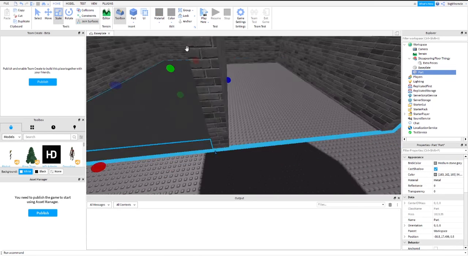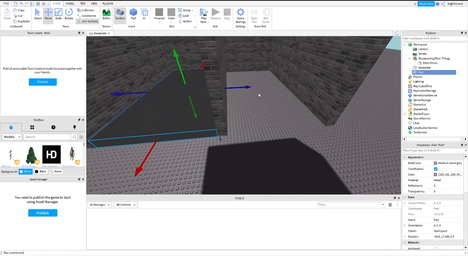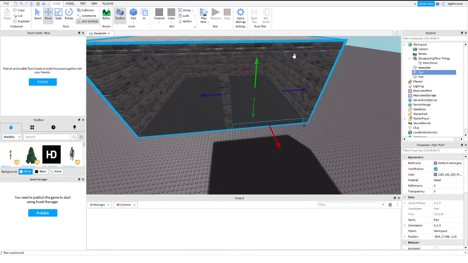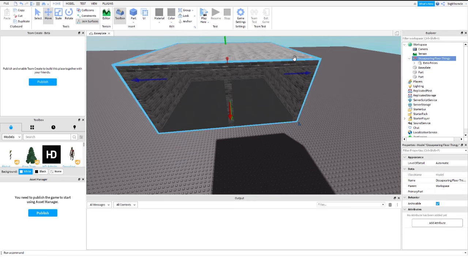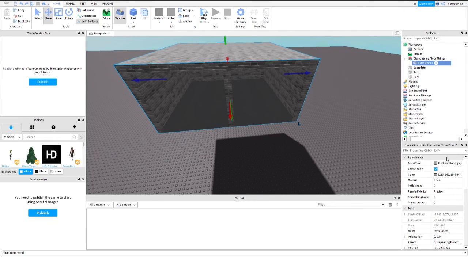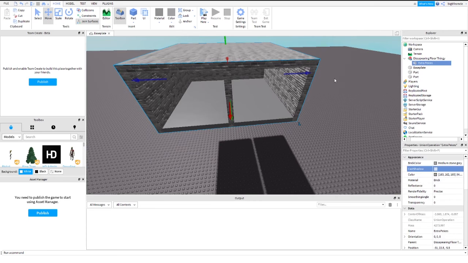Now make sure you duplicate it and drag it over, and also turn cast shadows off for this part because it makes it brighter when you turn it off, as you can